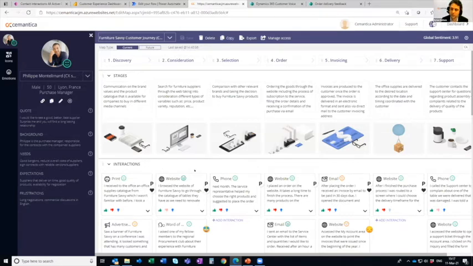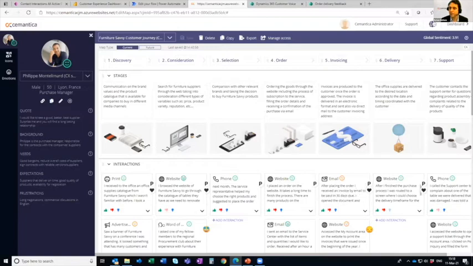Furniture Savvy is a company that is producing office supplies to different companies around the world. And Philippe Montelimar, as a purchase manager from Lyon, now wants to order from this company. So he's considering buying the product, goes to the website, reads about them, then decides to select the product. So from the catalog, he's selecting, then he's moving to an order of the selections,